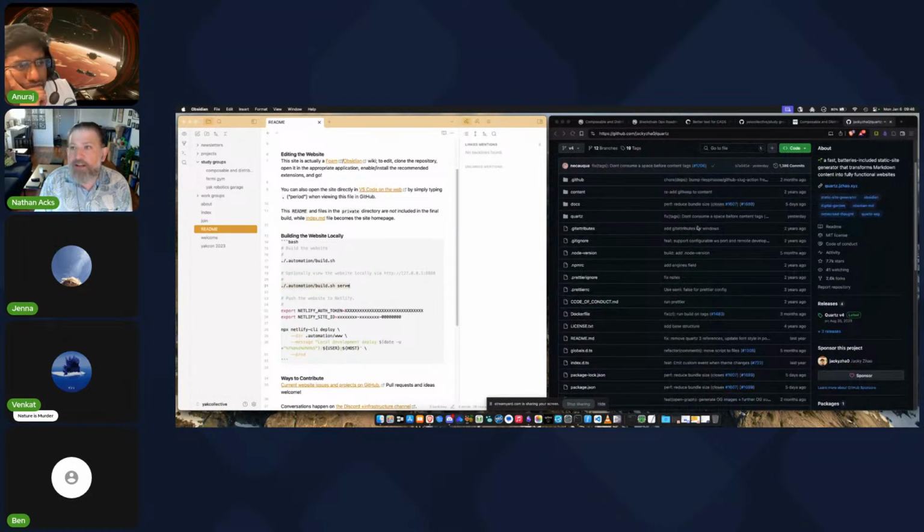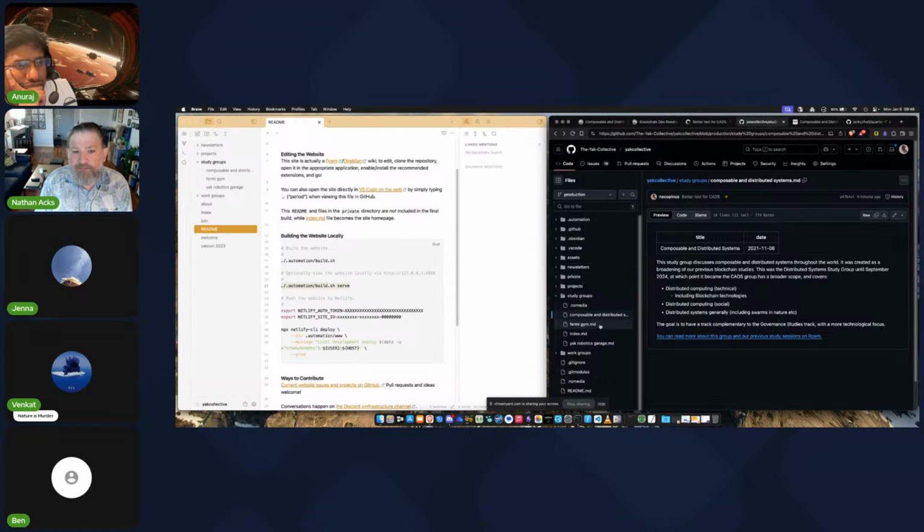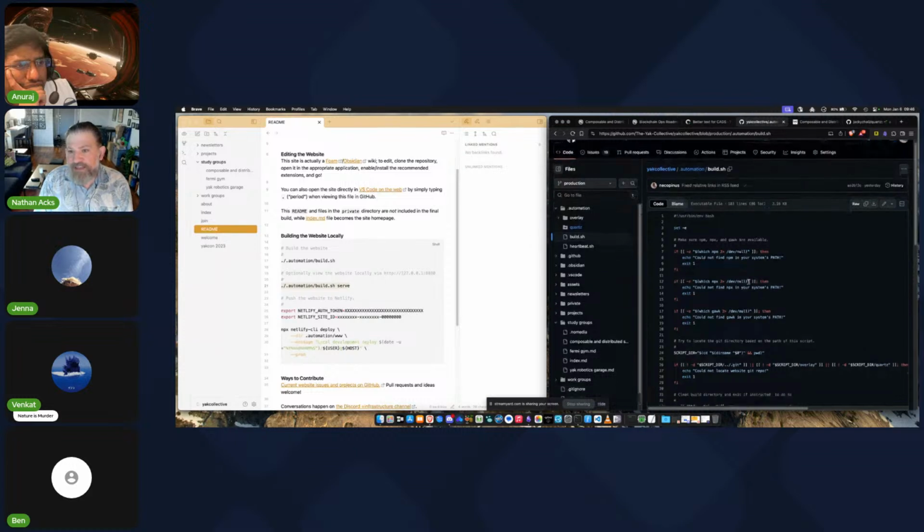What's going on? I'm not looking at the YakCollective here. Let's look at the build script that's in .automation to kind of hide it from you. Basically, all it does is it checks to make sure you've got some tools installed. It should work on certainly any Linux system with NPM Node installed. Linux or Mac OS, you'll need to get both Node and Gawk.